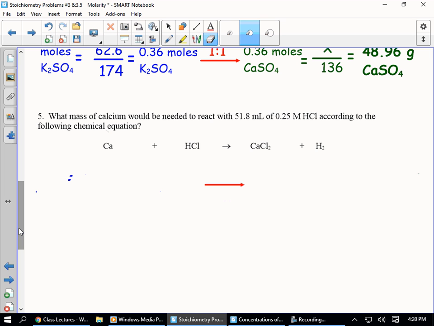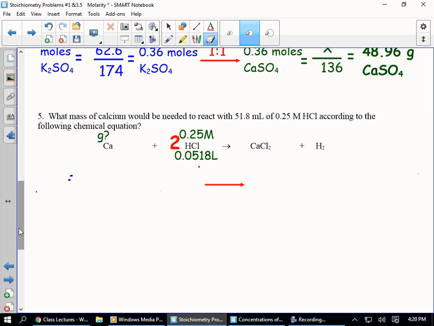All right, let's have you pause the program, try to balance and answer number 5. All right, to balance number 5, all I need is a 2 right here. And let's read the question. What mass of calcium, so here's my question mark, would be needed to react with 51.8 milliliters, and I'm going to change that to liters,